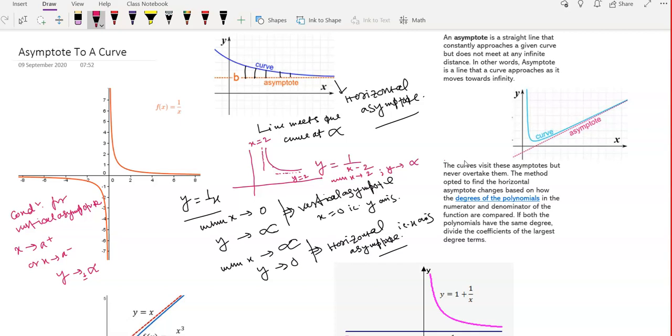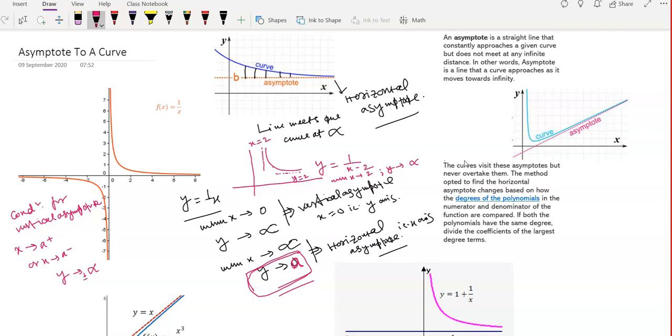So in this sense, when x tends to infinity, y tends to 0. This is not only tending to 0, y may be equal to a. Better to write a. In that case also an asymptote exists, but that asymptote is going to be a horizontal asymptote, and this itself will represent a horizontal asymptote, y equal to a.